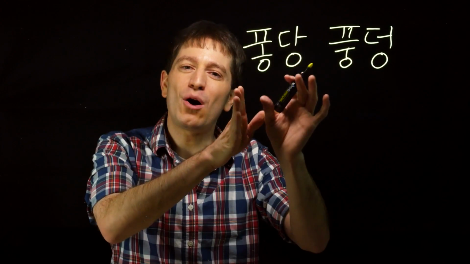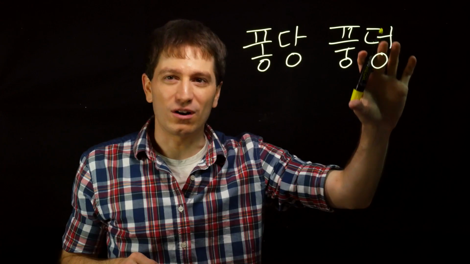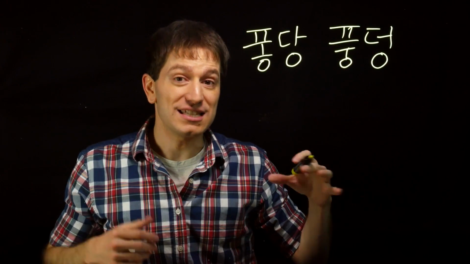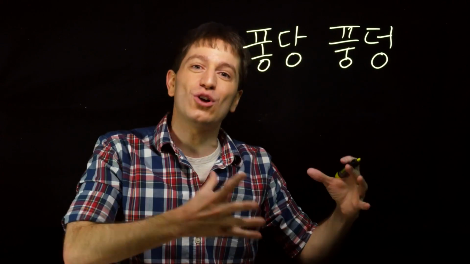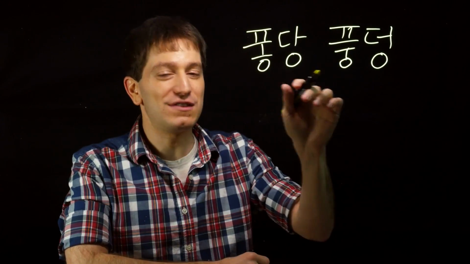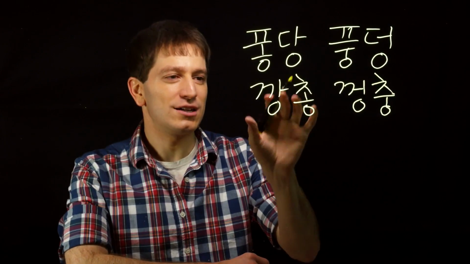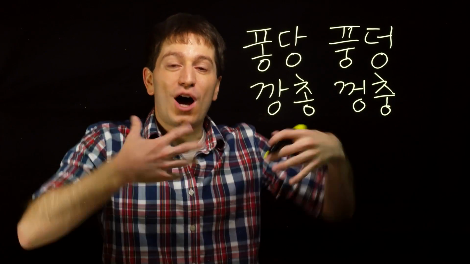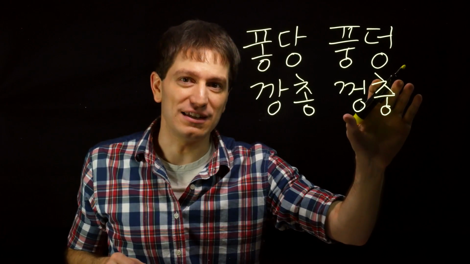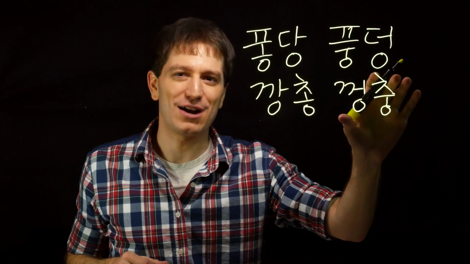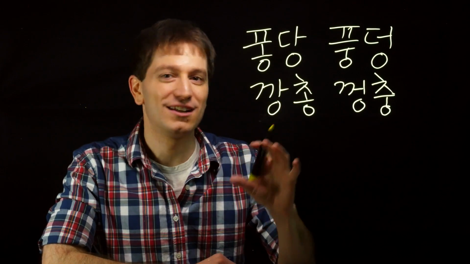So this would be a small, light, happy splash, 퐁당, into the water. Whereas 풍덩, dark vowels. This indicates a larger, heavier, more negative splash. 풍덩, splashing in the water. So both of these mean splash, but they have slightly different feelings because of the vowels that they use. 깡총 and 껑충 both mean hopping, like bouncing, like a kangaroo. 껑충, big, heavy, dark vowels, a kangaroo bouncing. 깡총, bright, small, happy, a fluffy little rabbit hopping down the road.